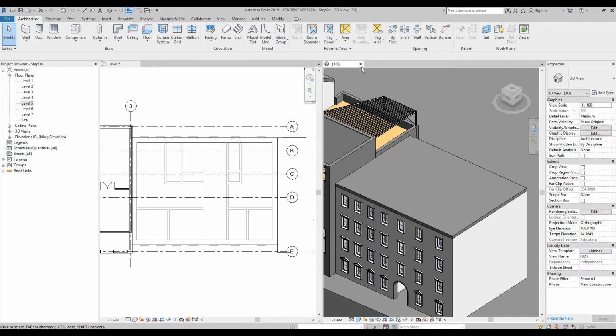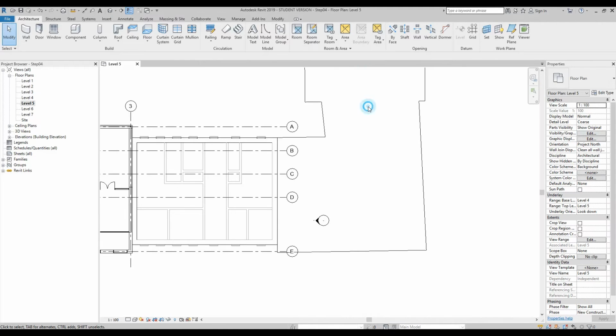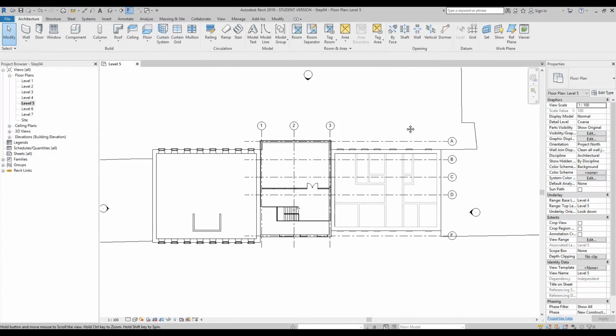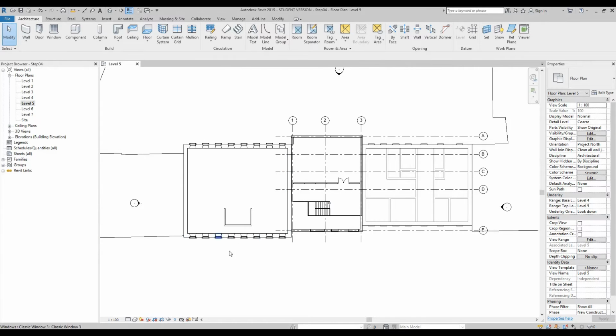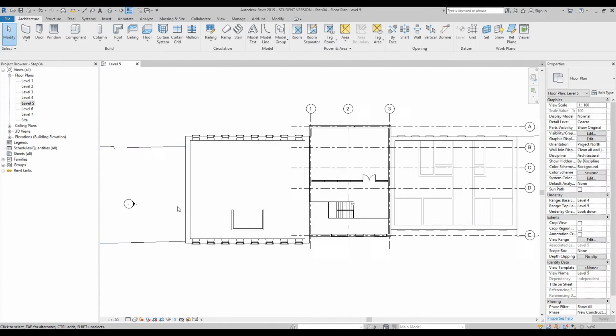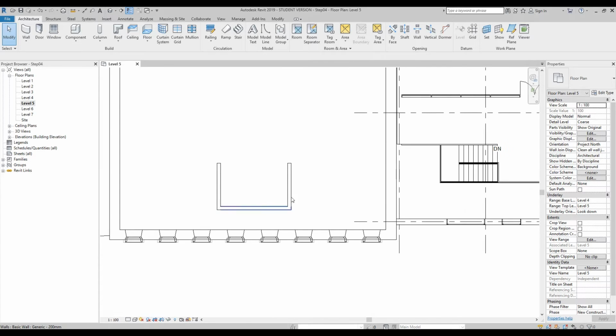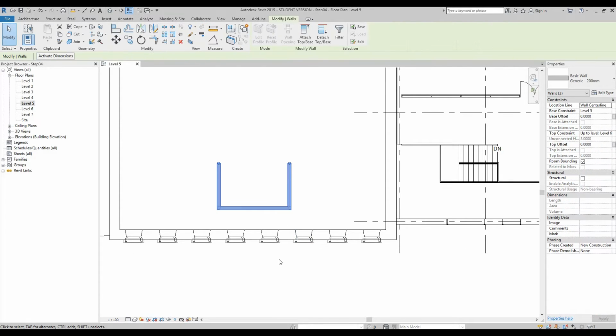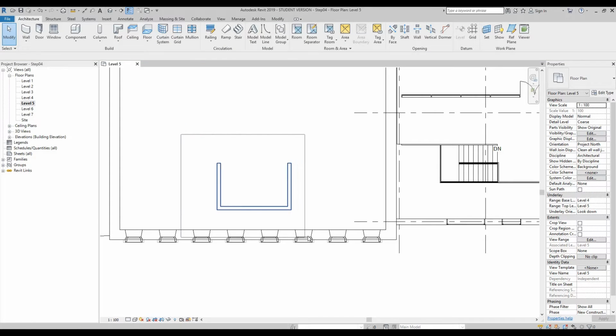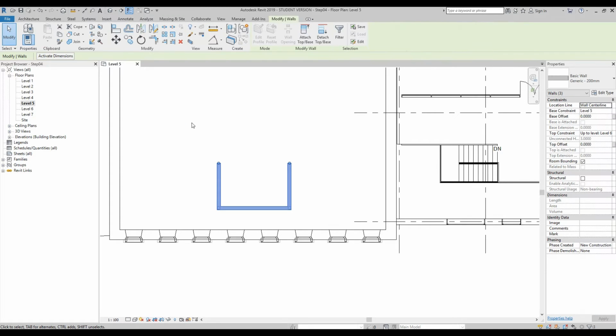So from here I would like you to shut your 3D view, and in your plan I'd like you to move over to the left hand building where it has 3 walls at the shape of a U. I'd like you to highlight these 3 walls. Remember, left to right drag over, so you only select those. And what we're going to do is we go over to our properties palette and change the top level constraint